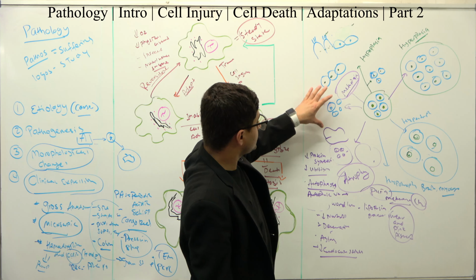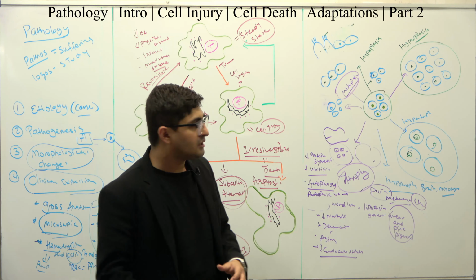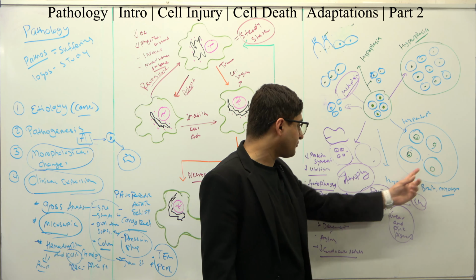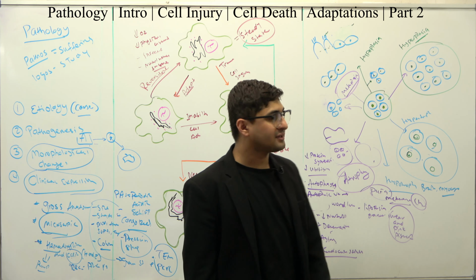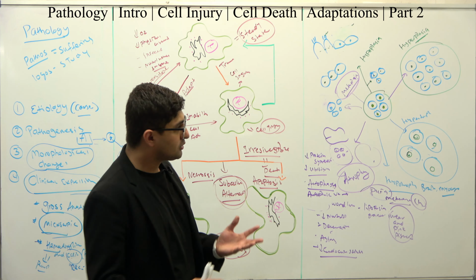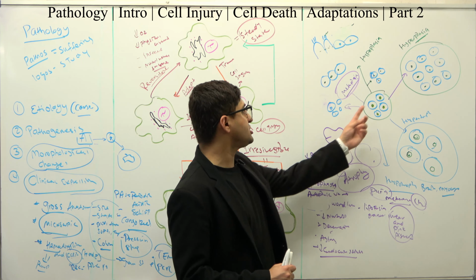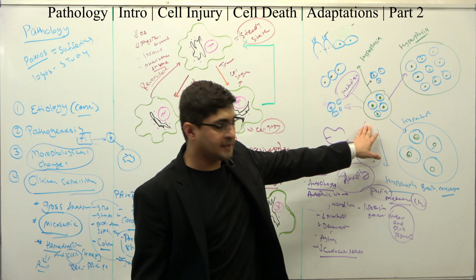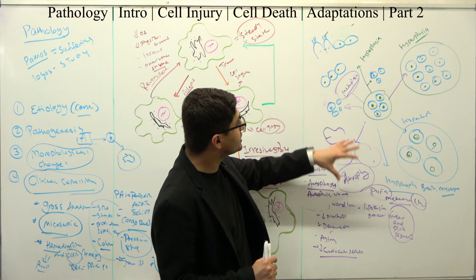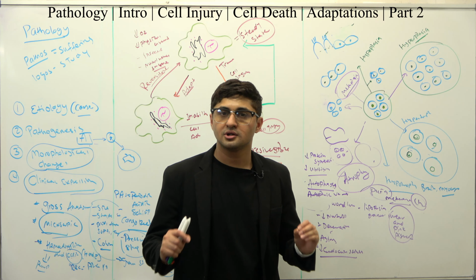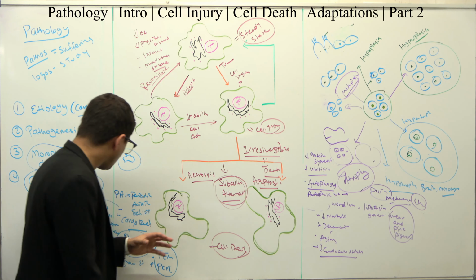Now, the four main adaptations are obviously hyperplasia, hypertrophy, atrophy, and metaplasia, and you need to know these off the top of your head really well. We also talked about what dysplasia and aplasia are. Again, it's really important to know these definitions really well, so you can have a better understanding when you talk about the whole